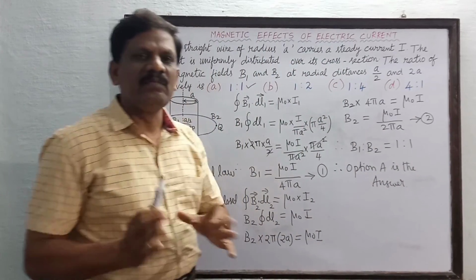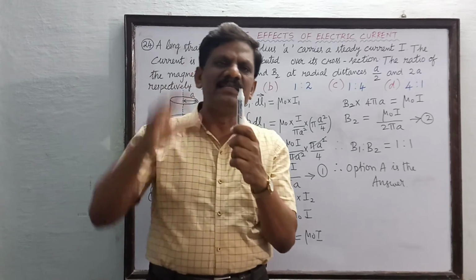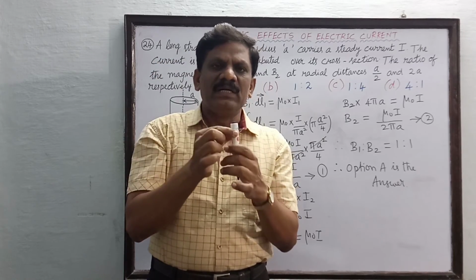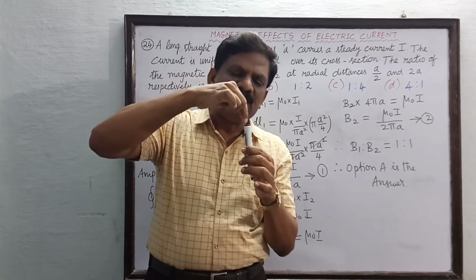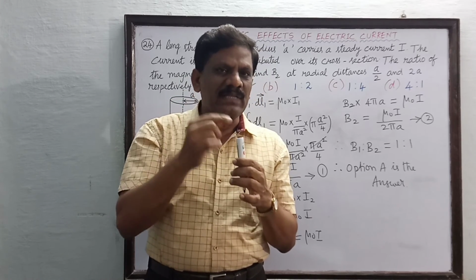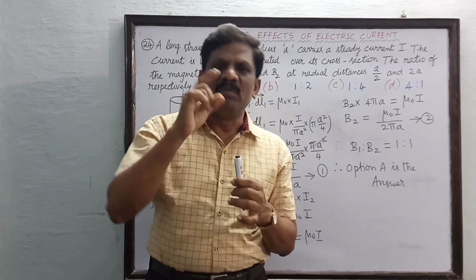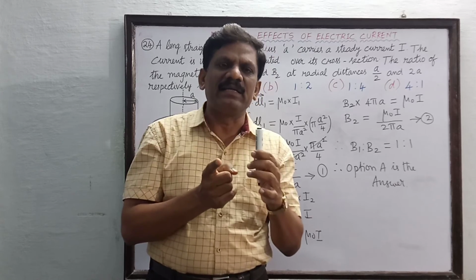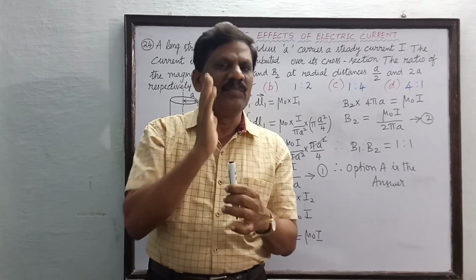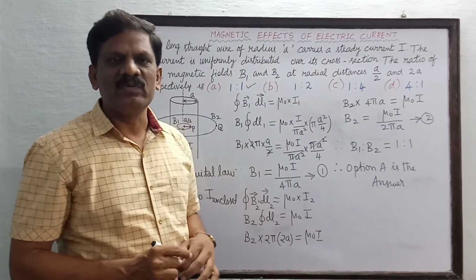Once again, I am reminding you, my dear students, the actual conductor is cylindrical and its radius is a. But if you consider one point at a distance a by 2 from the center, the current will not be the same. So for that, we have to multiply the current per unit area into the smaller area. But when you take any point outside the conductor, a larger Amperian loop encloses the current I ampere only. So this is the only concept you have to understand. I hope you have understood well. Fine.